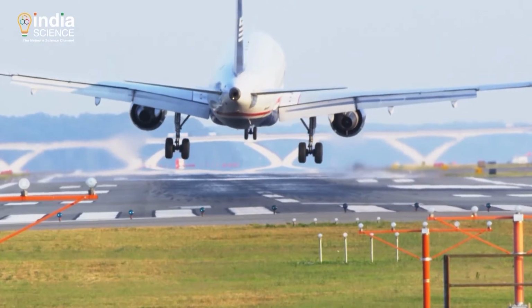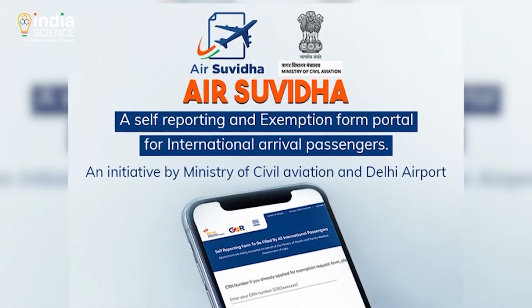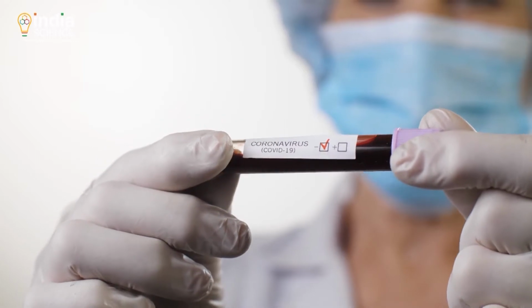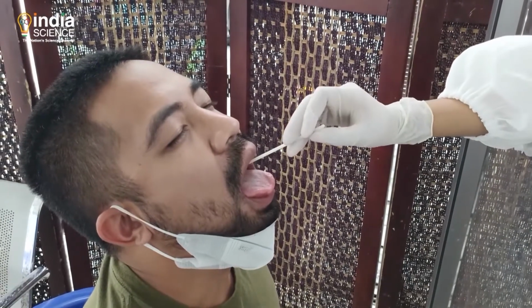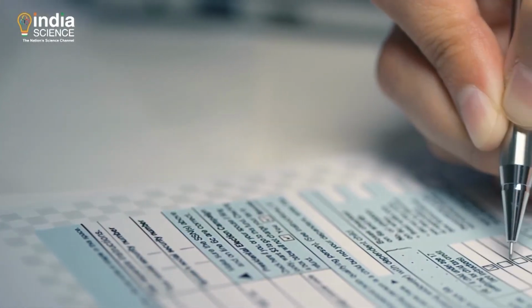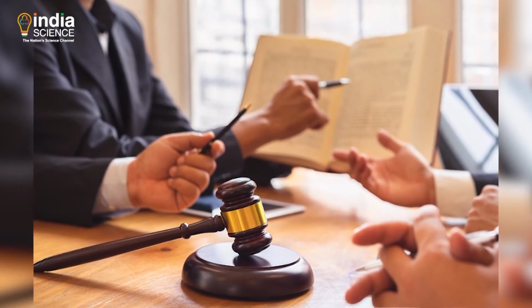While planning to travel, all travellers should submit self-declaration form on the online Air Suvidha portal before the scheduled travel and upload a negative COVID-19 RT-PCR report. This test should have been conducted within 72 hours prior to undertaking the journey, according to the guidelines. Each passenger shall also submit a declaration with respect to authenticity of the report and will be liable for criminal